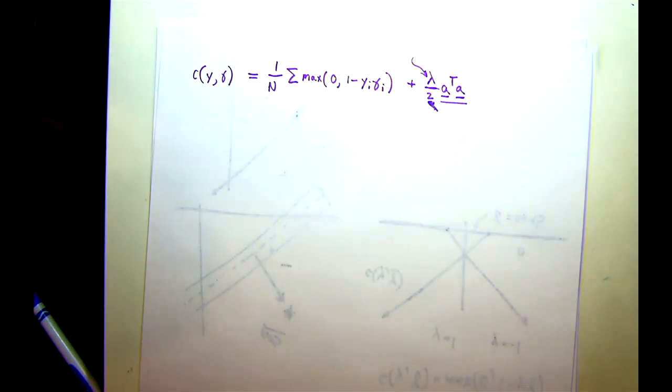We're going to have to say we want to trade off sort of the cost of our training error versus the cost of our future error. And we have some control over how we trade that off. We can say we really want to make sure our future error is taken care of, but we don't have a good estimate of that error. Or we can say we really want to take care of our training error. We want to pay the lowest cost for that and ignore future error. So we kind of have this lambda parameter that trades off the two. If lambda is high, then we're saying let's try to generalize to future error more. If lambda is low, it says let's make sure we get the training error as correct as we can be.